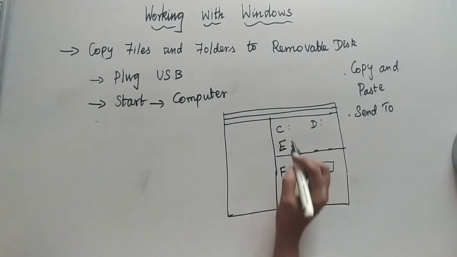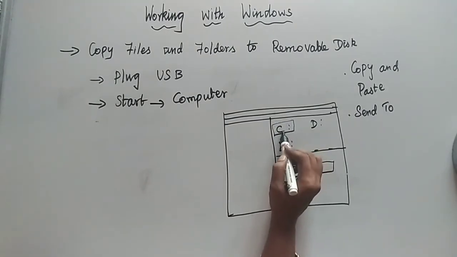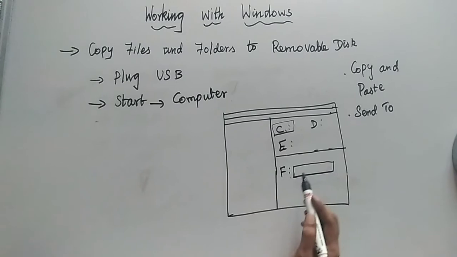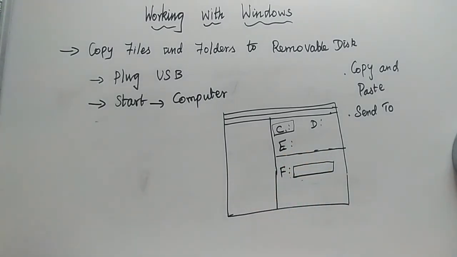For example, consider that you are going to copy from C colon. Click this and select the file that you are willing to copy to the USB, that is your pen drive. After selecting, you know the procedure for how to copy. You will have three options, and you can choose any one that you like. By that, you have now copied a file from C colon.